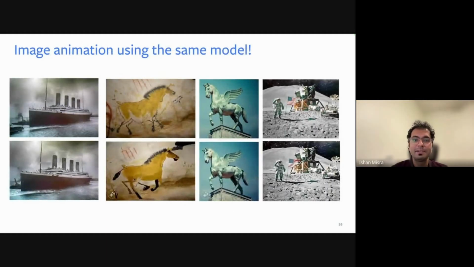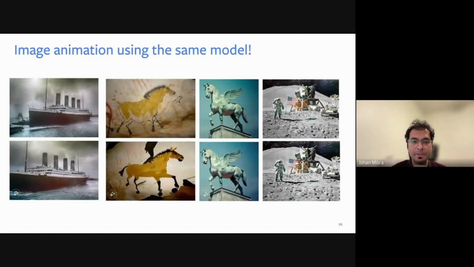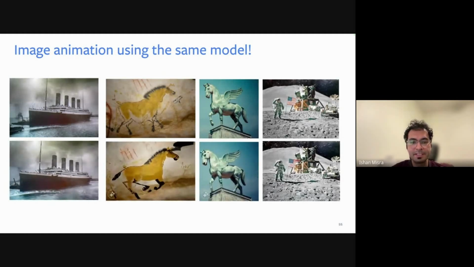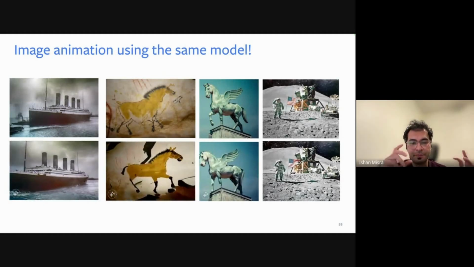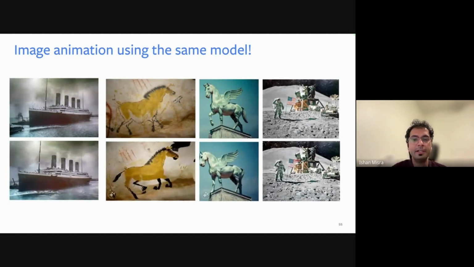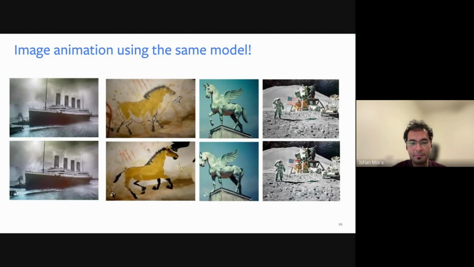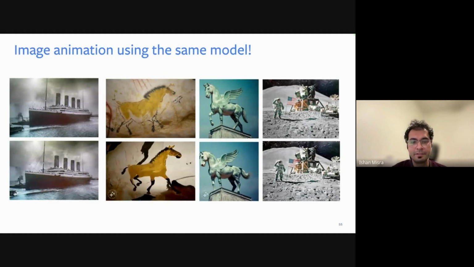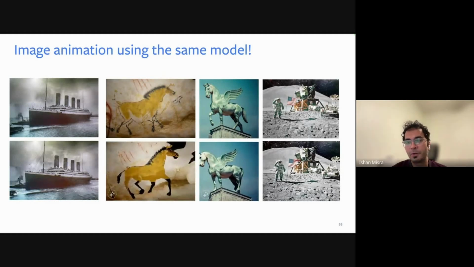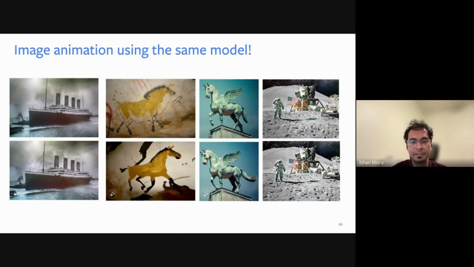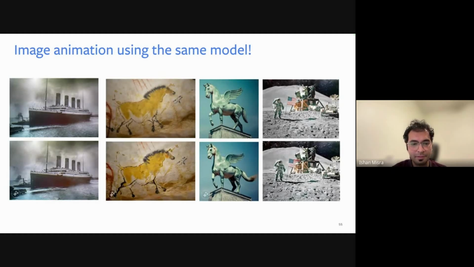And so, like I said, our model can actually be used to animate images, the same exact model, because we can just take an image and pretend that that was the first frame generated by our model, and then feed that into the model to generate this video. And here we have a few of these images that are being animated or brought to life. So you have the Titanic, you have the cave paintings, you have